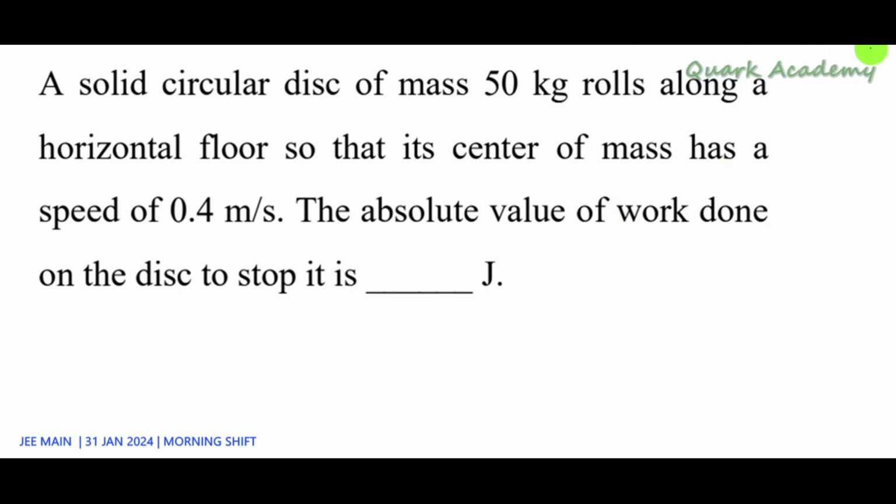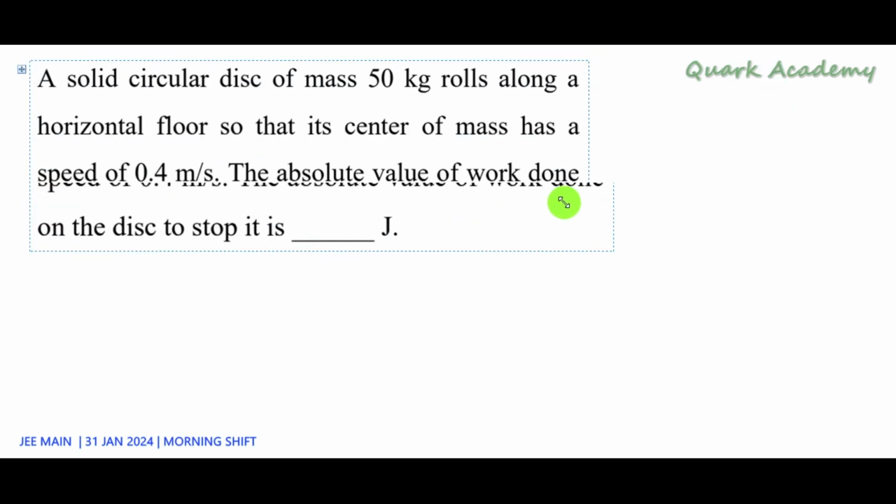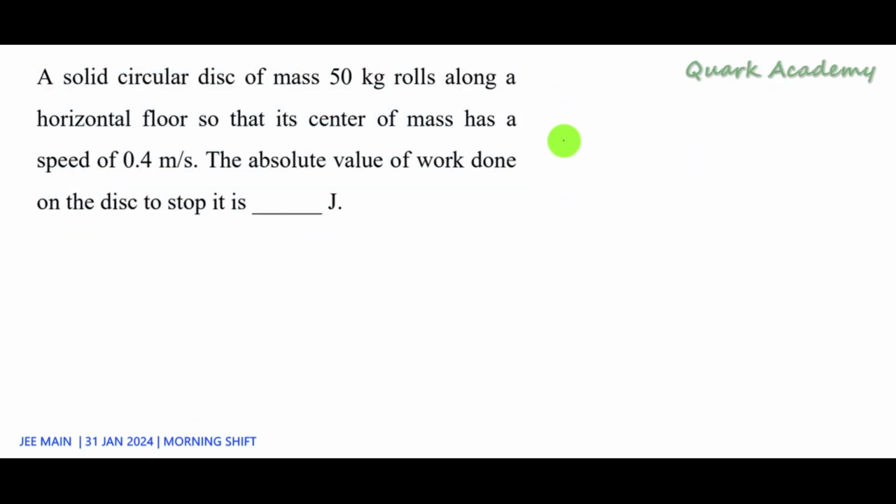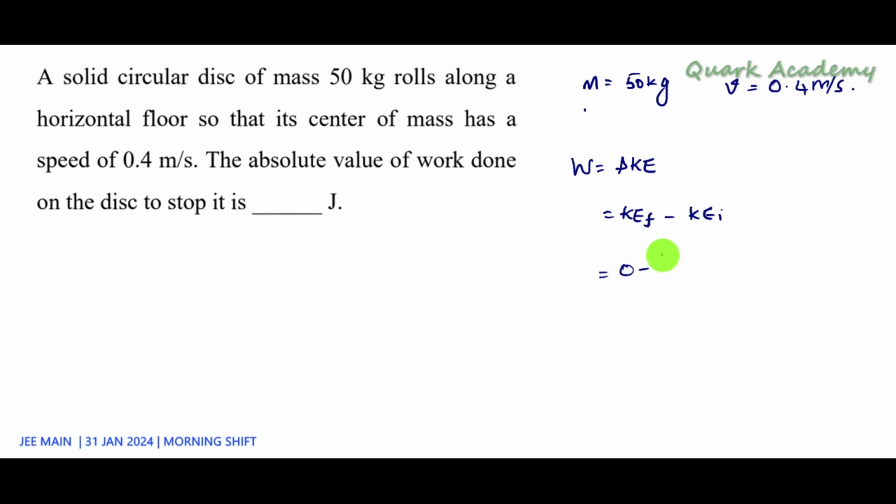So first we'll write the given parameters. Mass is given and speed is given. We need to find the work done. Mass is 50 kg, speed is 0.4 meter per second. So work done we can figure out using the work energy theorem, that is, the change in kinetic energy. Change in kinetic energy means final kinetic energy minus initial kinetic energy. As it is stopped, the final kinetic energy is going to be 0 and the initial kinetic energy will